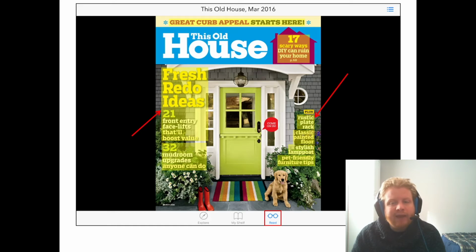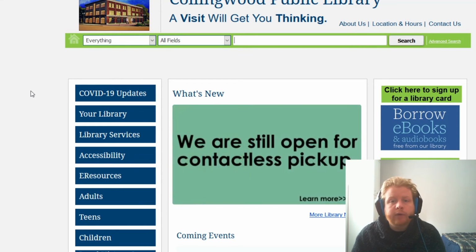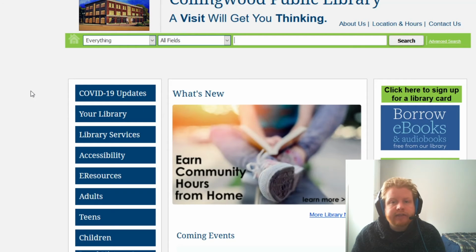So now that I've given you a brief overview of what the app is going to look like, I'm going to demonstrate the Collingwood Libraries version of Flipster by using the web. So I am using my computer to gain access to the material from Flipster. Again, doing this on my computer, I'm going to go to the Collingwood website. If you're not familiar with this, this is